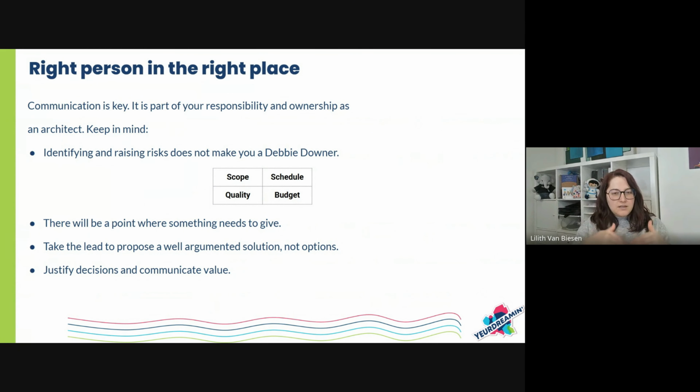And then again, mitigations, solutions, all the things where you as an architect show your expertise and you come with a proposal. Make sure that you do come with a proposal, right? A well-argued solution or proposal or mitigation or whatever it is. Don't come with options. You might have already looked through some options while getting to the proposal or to the solution, but make sure that you have a point of view. Make sure you have an opinion, and this is what you're going to communicate as well.